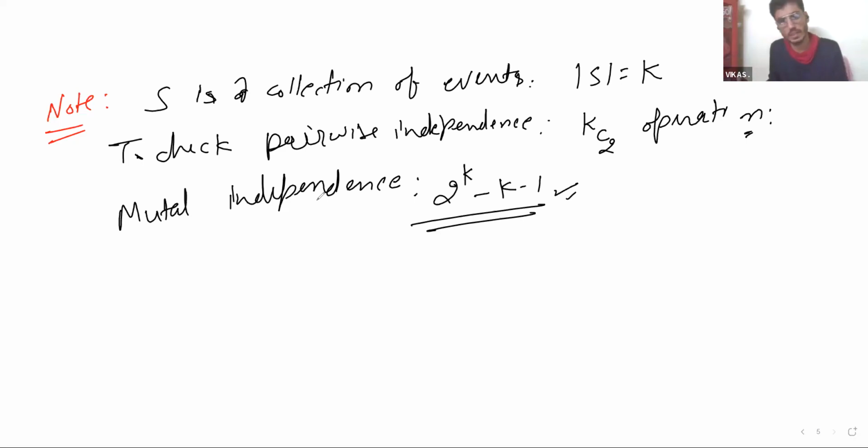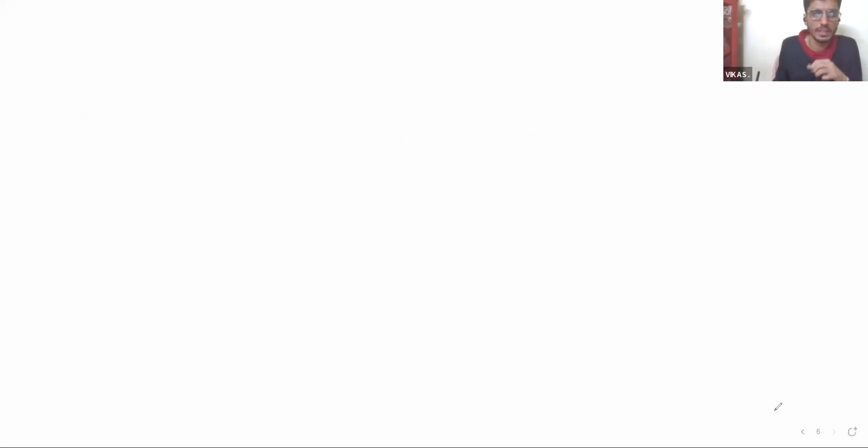So now let's move to the most important aspects of statistics that we are going to do. Function I have already told you, and I assume that everybody knows what a function is. A function has a domain. A function has a codomain. A set function is a function whose domain is a collection of sets. And what is the collection of sets we are dealing with? That is the event space. Script F we are using as a collection of events. That is a collection of sets as well.